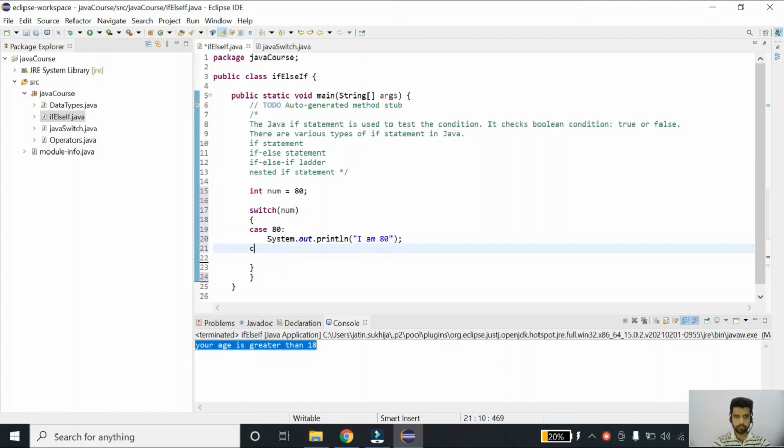Next case will be 90, sys out I am 90. Let's now add the default case.